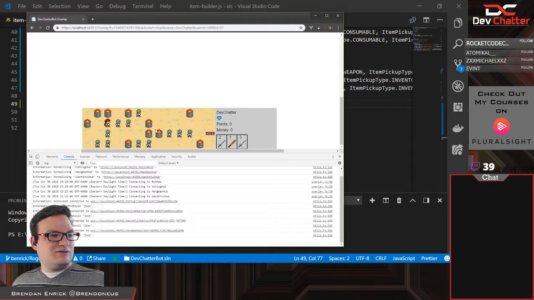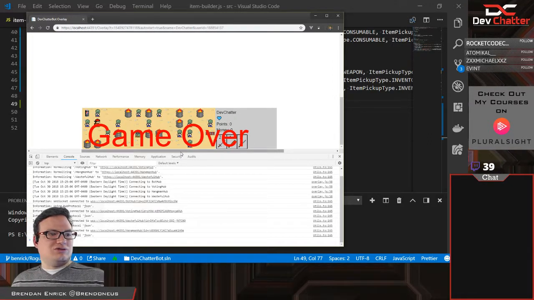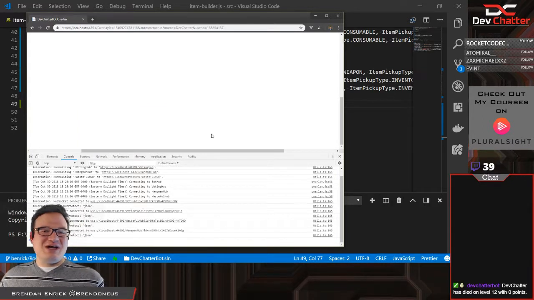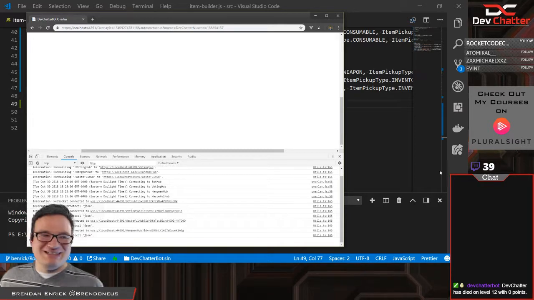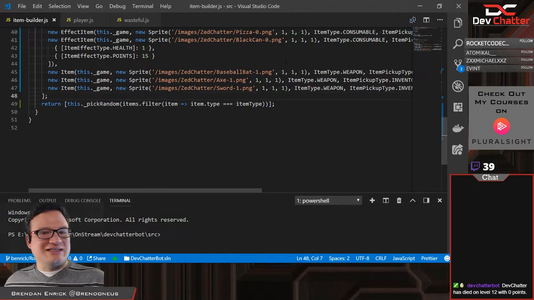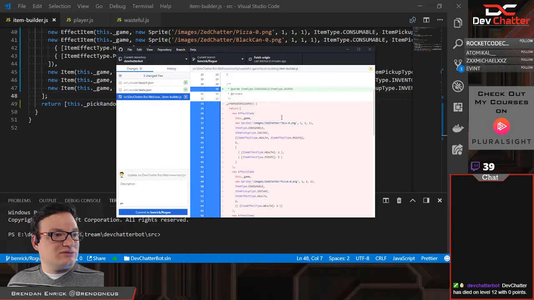Cheating. Need more zombies. Man, did they kill me there. Okay. Died on level 12 with 0 points. It's funny. So when you cheat, it doesn't give you points, which is good. All right, so